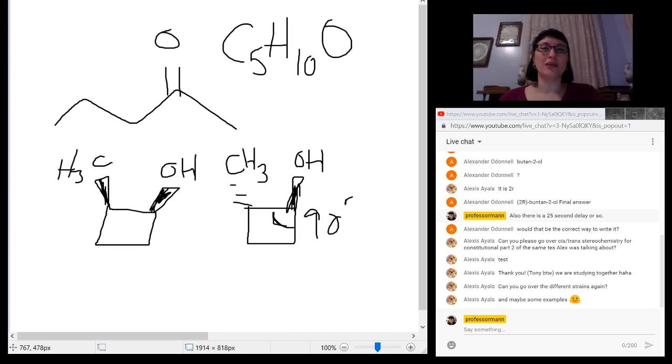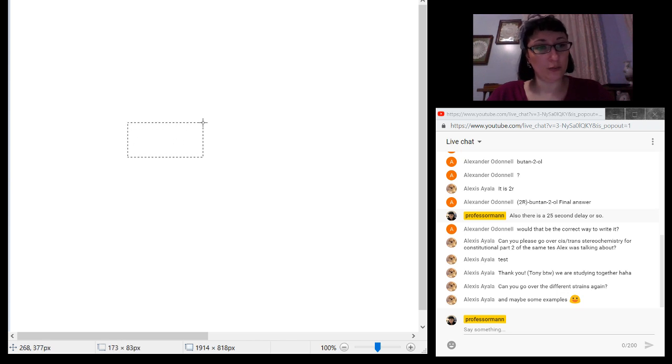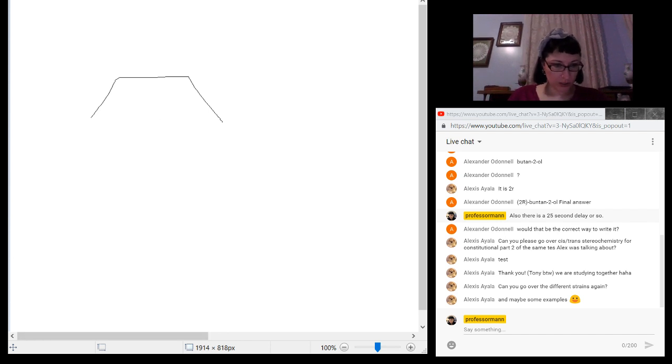I usually call it ring strain. I think your book calls it, what do they call it? Angle strain? Yeah. If you're talking about steric strain, that's where you have groups running into each other. So for example, make sure you guys can see that okay. So if I have a butane molecule, right, this has 3 hydrogens right there.